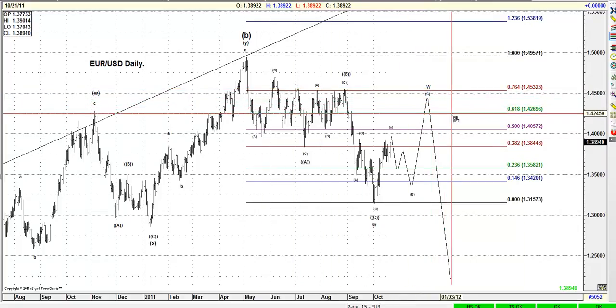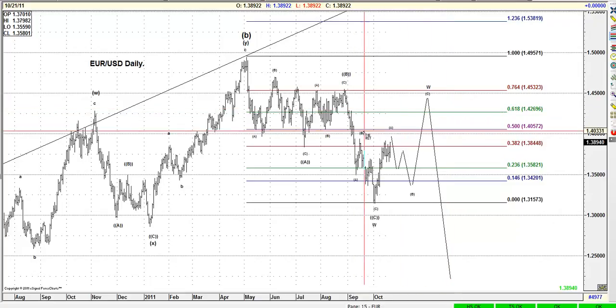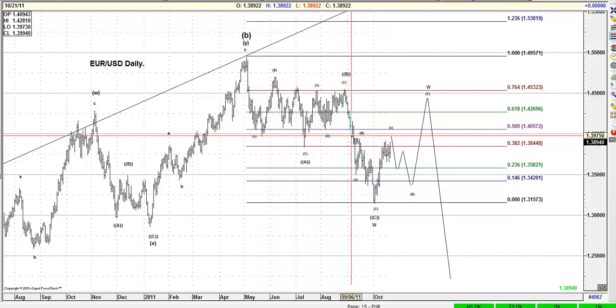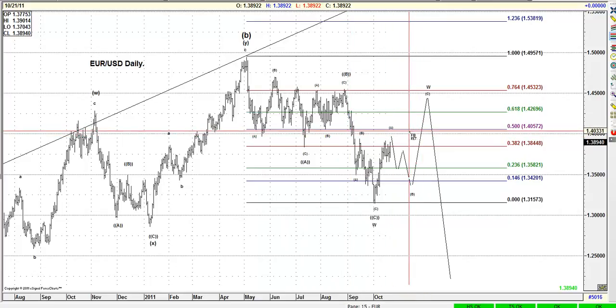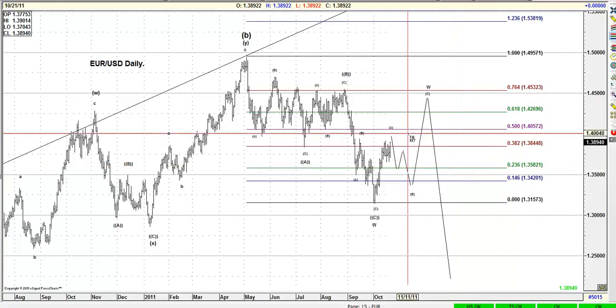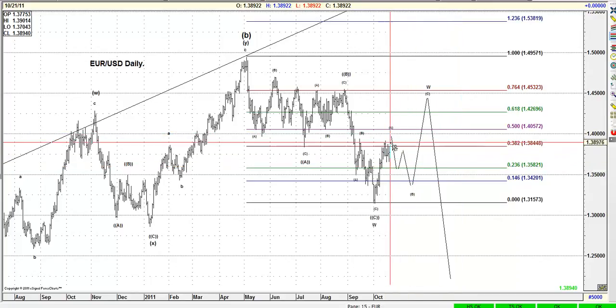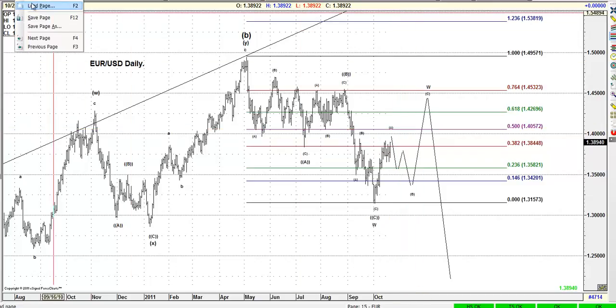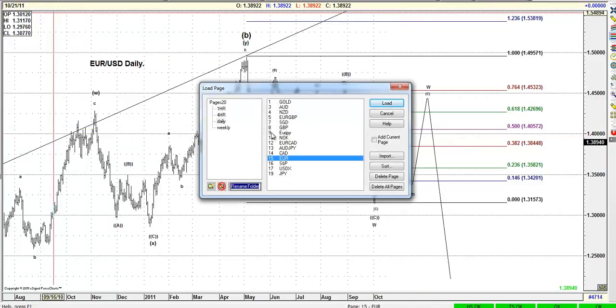But I think that if the 50, which is the top of that congestion, is tradable, that's going to be a heck of a resistance right there. But the way it's structured is telling me that maybe it doesn't get that high. But at the end, that's what we are expecting. Let's take a look at the 4 hour in the euro.